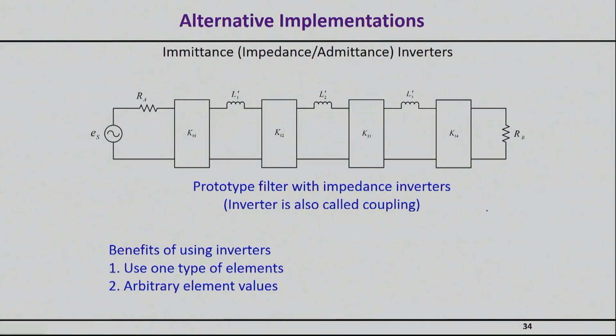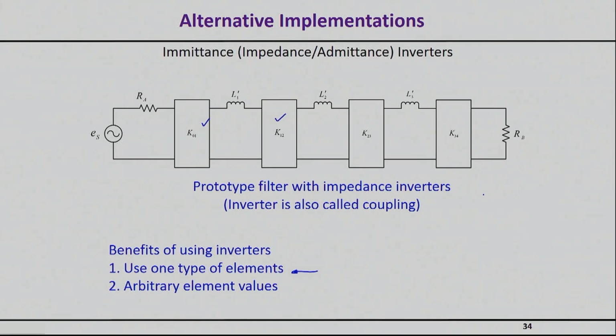So once we go with the prototype synthesis, which we will do in the next section, the network will look the way you see it right here. So either it will have only the series elements, as you will see here, and before and after every series element, you will see an inverter, or it will have only the shunt elements, and again, before and after, you will see an inverter. So what are the benefits of going through this? I already mentioned one of them, which is the idea of using only a single type of element. But there is a second